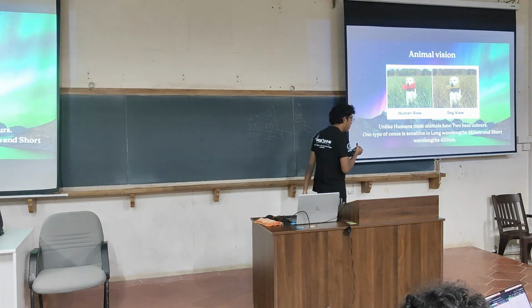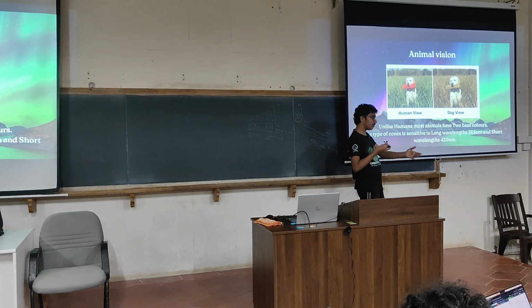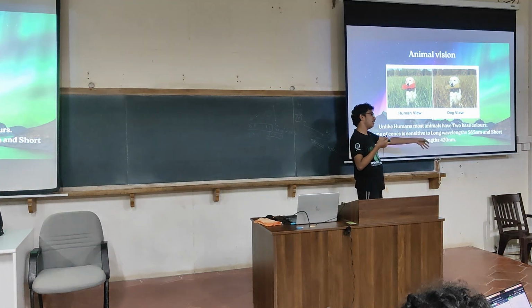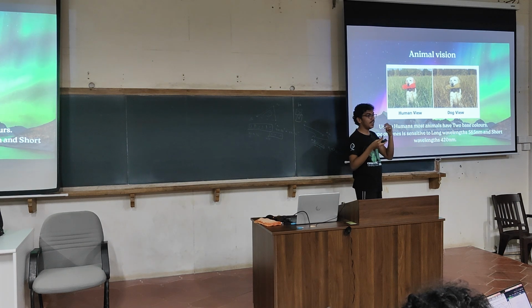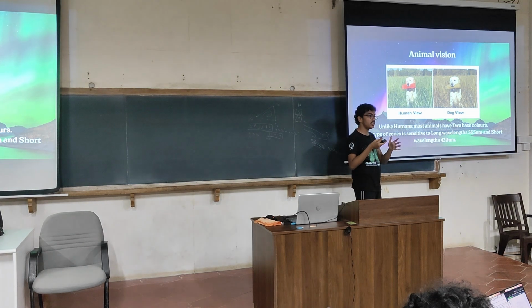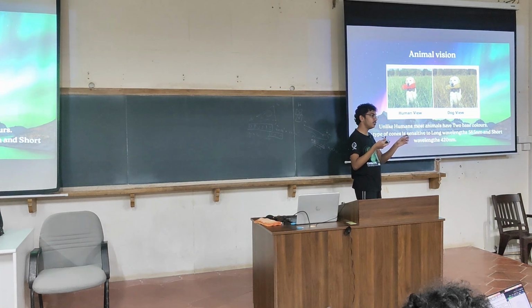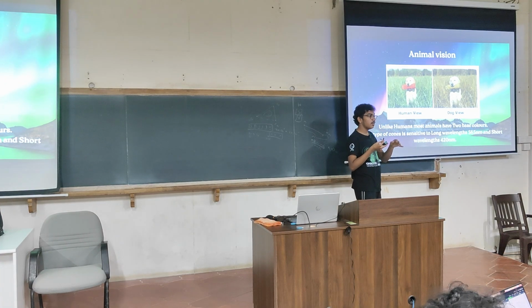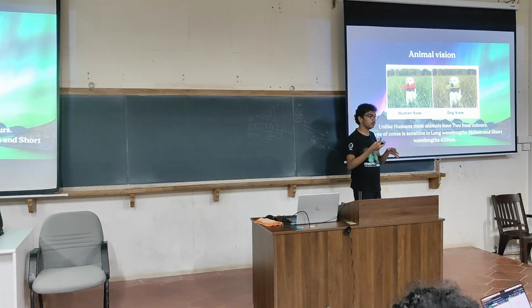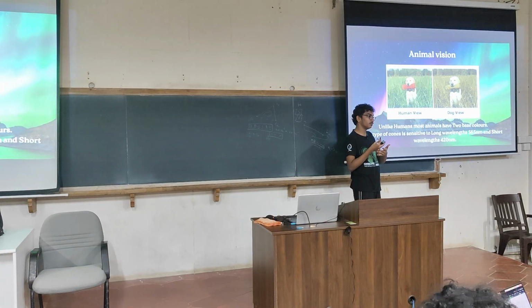Why did we develop 3 types of cones? It is because, as you mentioned in the earlier part of the class, when we were primates, we wanted to distinguish between ripened fruits, unripened fruits, fresh leaves and dry leaves. That is why we developed the 3 different types of cones, so that we can differentiate between red, yellow and green. Other animals can't do that. They see red and green the same. Red and green appear the same for them.